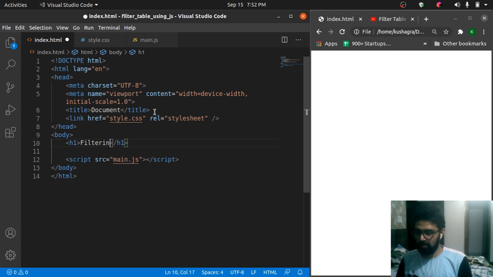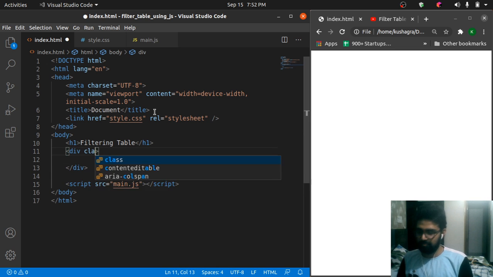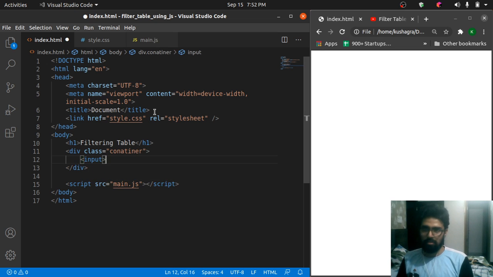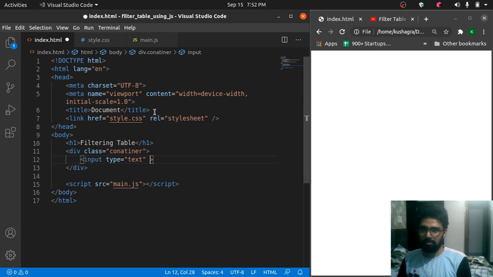Its name is filtering table, and then we are gonna be having one div container class, and inside this we are gonna be having one input bar. So this type equals text, and placeholder we are gonna be typing type to search, and what's remaining is